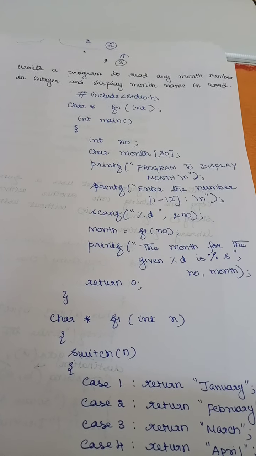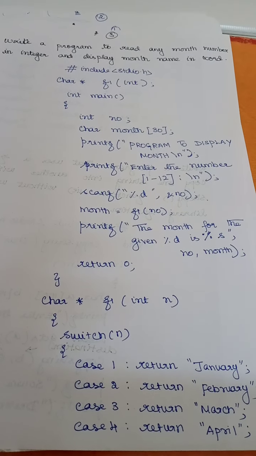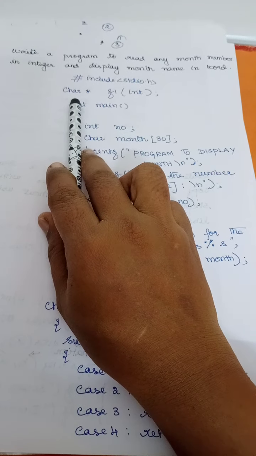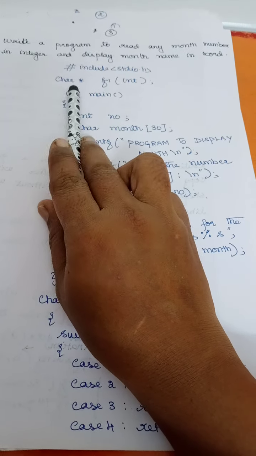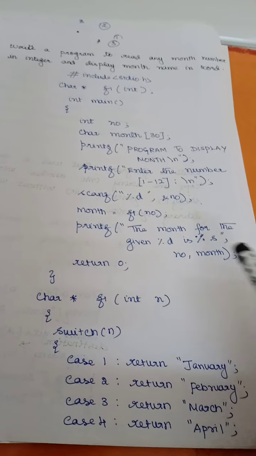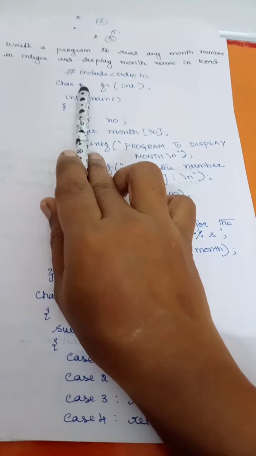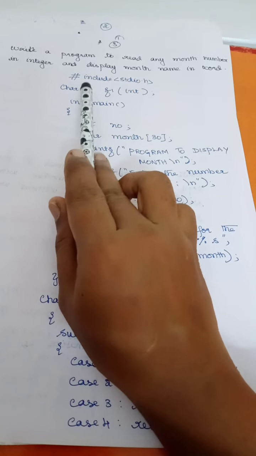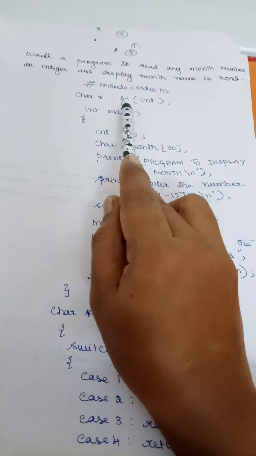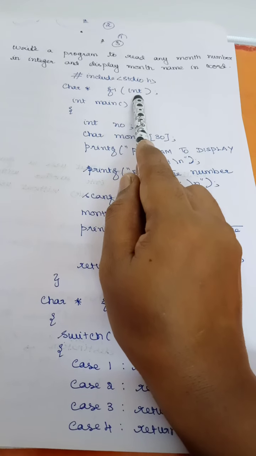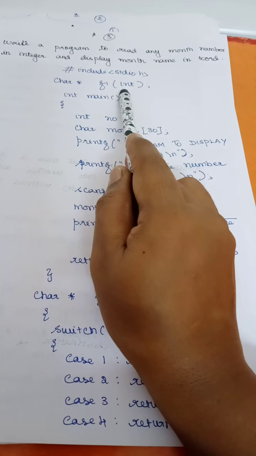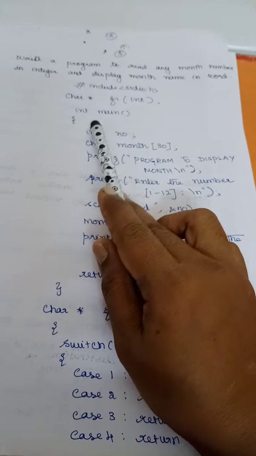Since I need to return a month name, again it is going to be a character array, that I can write as a pointer to a character. We need not pass an array here. That is going to be the collection of characters, a string. So that I am going to call as char star. So we already know that the array name itself will act as an address. So that is why I have written here char star. Right? This is the name of the function and this is going to take the month number as an argument and it has to return the name. Right? Now int main.